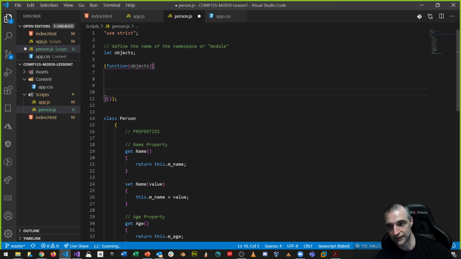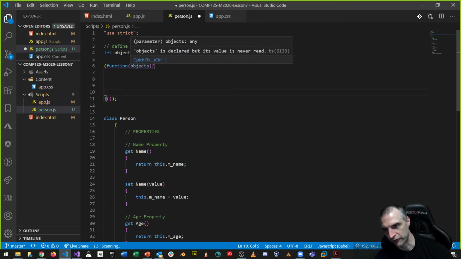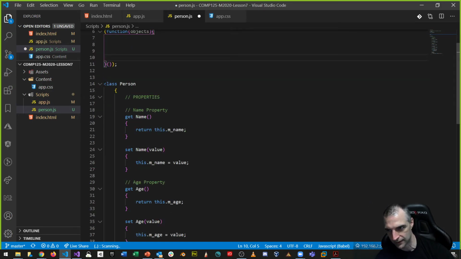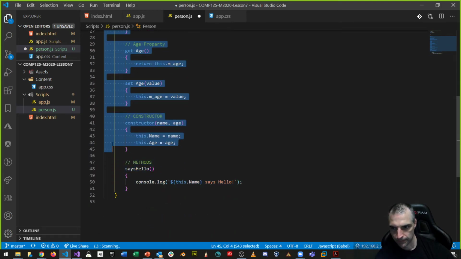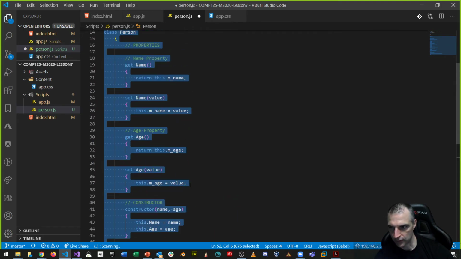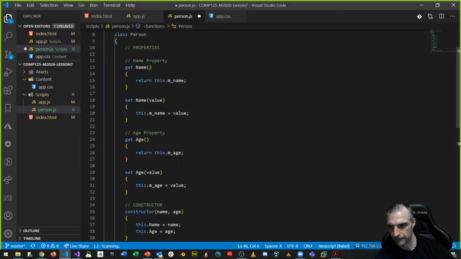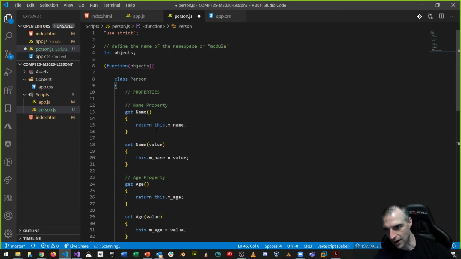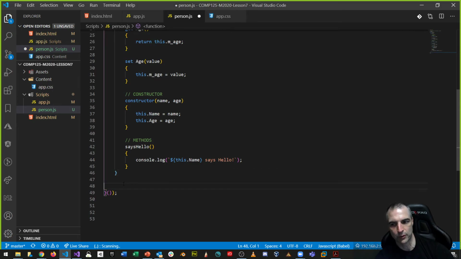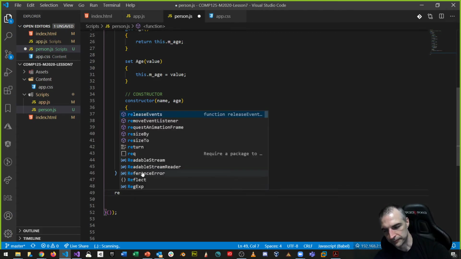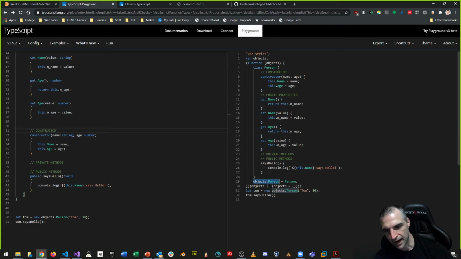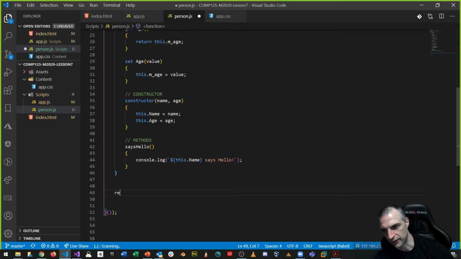Objects. Now we want to attach the person class to the objects in order for me to let it come out. Okay, so we're going to say something like this. We're going to take this class. Make sure that it's correct. Yes. Cut it out. Put it inside the iffy. Okay. Now it's locked inside of there, and I need to unlock it or expose it. And the way to do that is to use return. Well, just like it says here, objects.person is equal to person. So instead of return, we're going to say